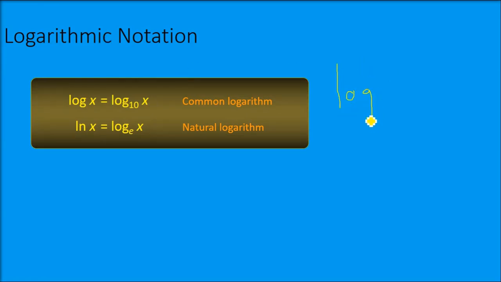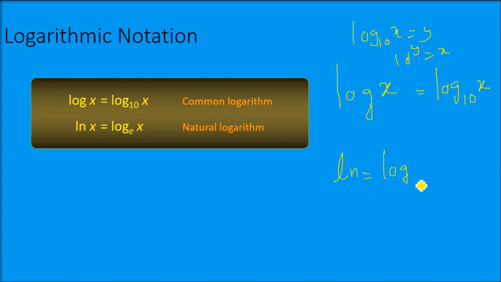Logarithmic notation has two normal forms you will generally find in books and articles. The literature shows log x as normal, but whenever we are writing, we have to specify the base, because everything about log is about the base. Log base 10 of x means 10 to the power y is x. We call it the common logarithm. When we write ln, this is the natural logarithm.